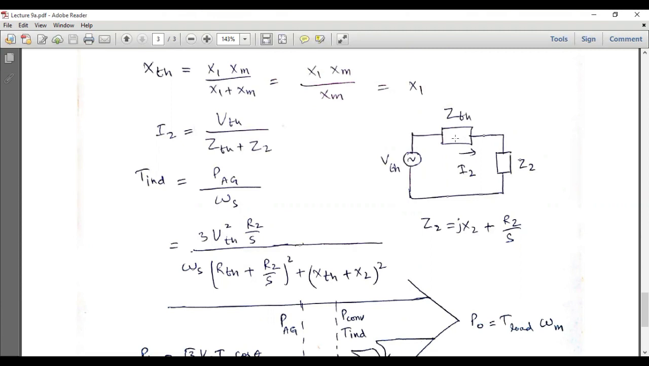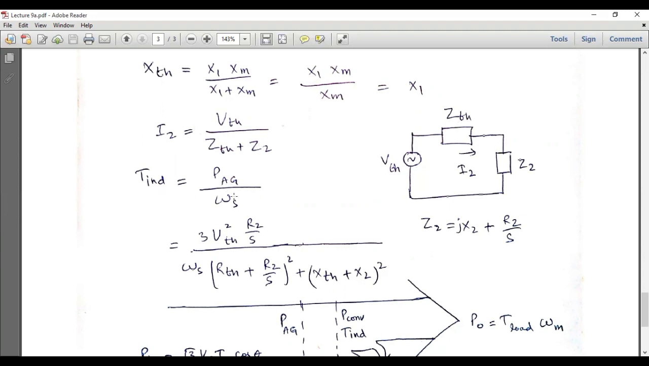So after obtaining this equation for Z Thevenin, the final Thevenin equivalent circuit is drawn over here. So this is V Thevenin, this is Z Thevenin, and this is Z2. Here this is I2. All this Thevenin analysis is done to calculate the equation for the rotor current. When we obtain this rotor current, we can calculate the induced torque. So this rotor current is equal to V Thevenin divided by Z Thevenin plus Z2,